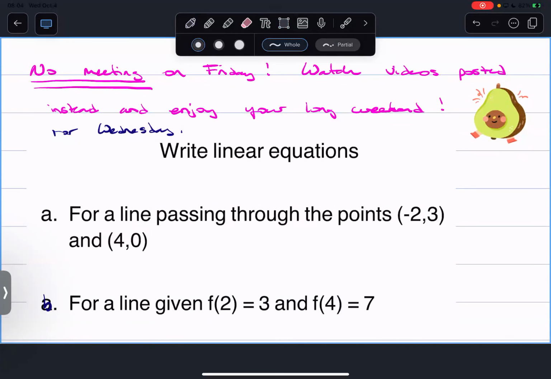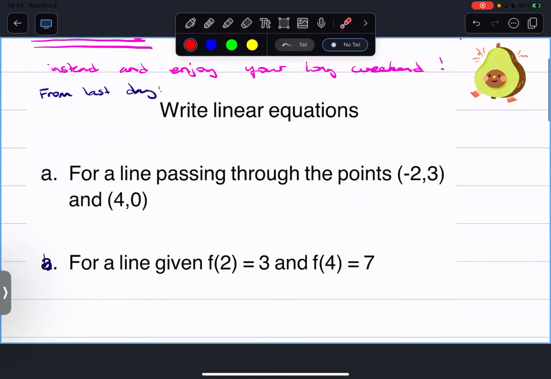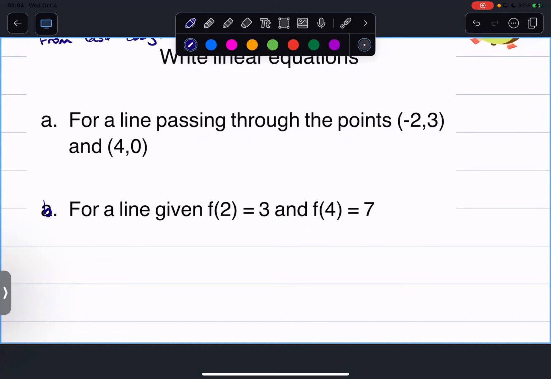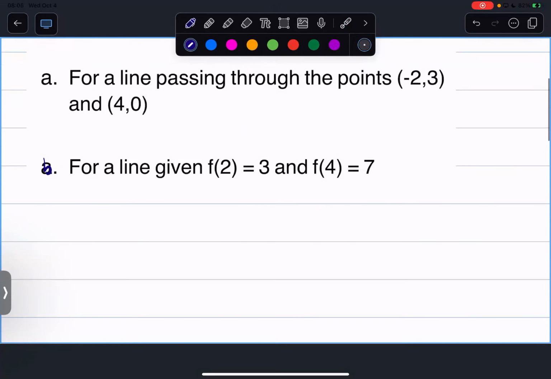Okay. This is from last day. I said, write these linear equations. So you're given 2 points, right, for both of these. And we're going to write the linear equation. And if you haven't done it, that's okay. We'll do it now. One of the main things that we want to keep in mind when we're making these lines is there's going to be an input value and an output value. Okay, so for both of these, right, identify